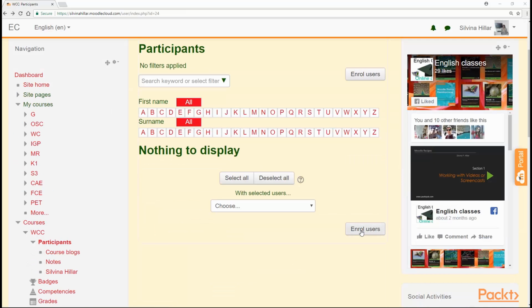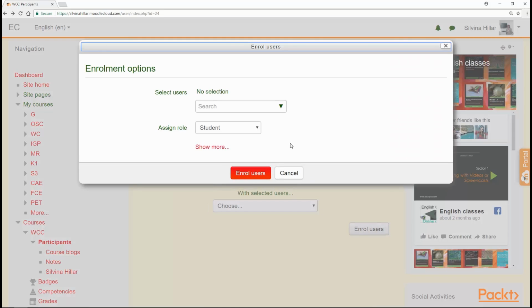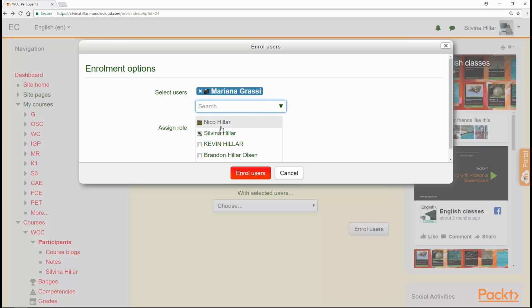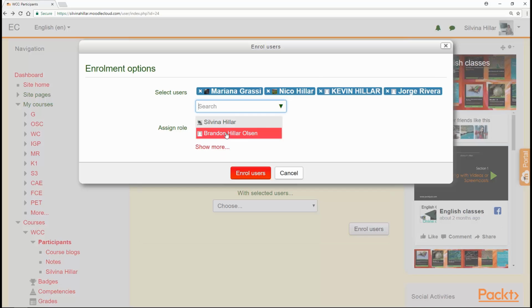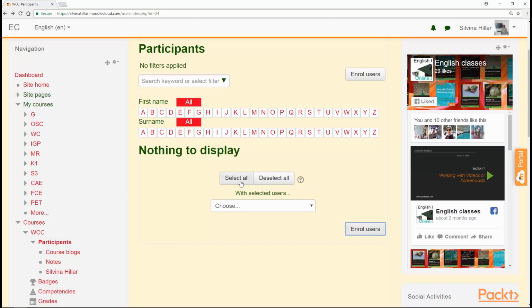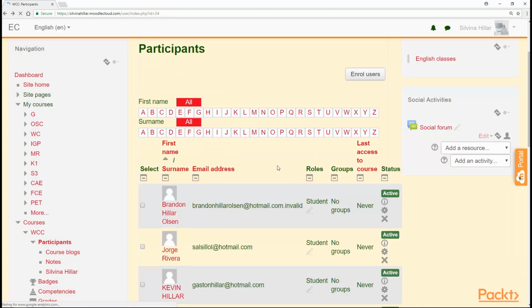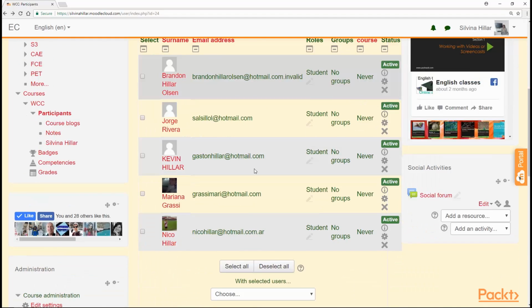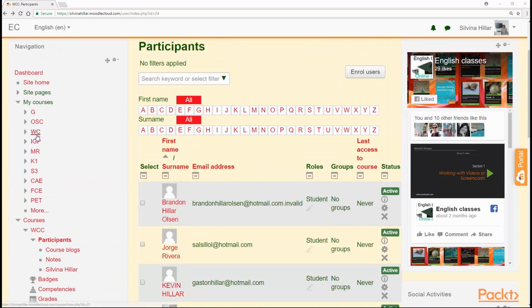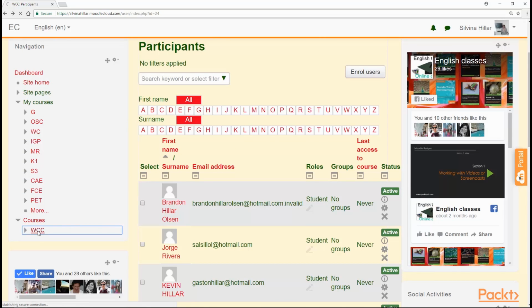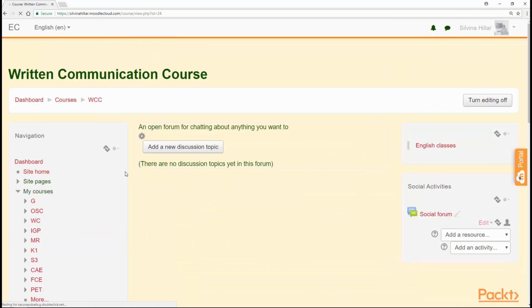We click on Enroll Users and we're going to choose from the users that we've got here. We are going to choose some users and we can also add more users. After enrolling users, we are going to click on Finish Enrolling Users. We have now 5 students in this course. We click on Proceed to Course Content in order to start adding content to this course